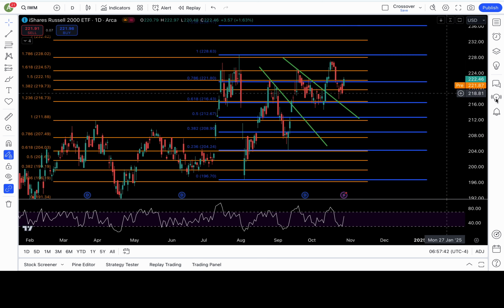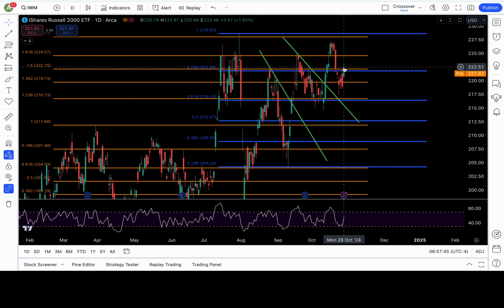IWM with the bounce, where did it close? It closed around 222.4, so technically it did recapture my 222 level. Gap it down a little bit. Nothing to be alarmed about just yet. We'll see what happens in the trading hours when there's volume, but overall above 222 keeps yesterday's breakout, false breakdown intact. Okay, so above 222, I would stay bullish, and I would favor 224.5 or higher to be